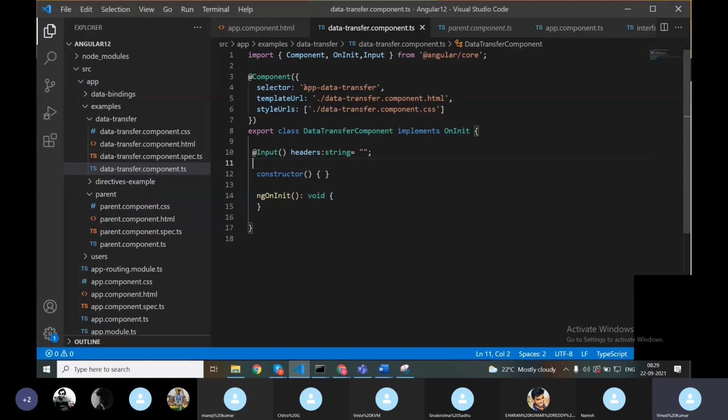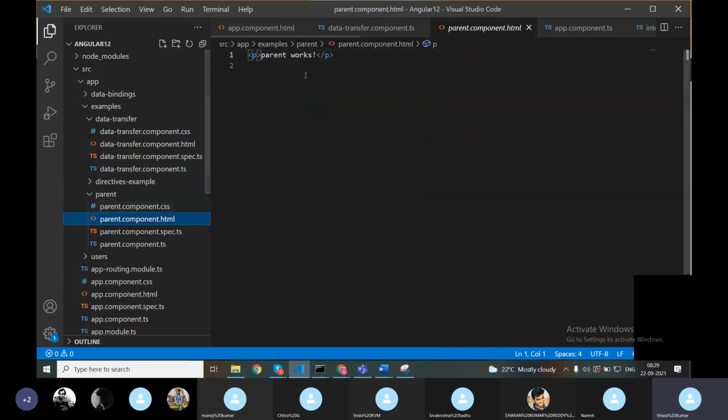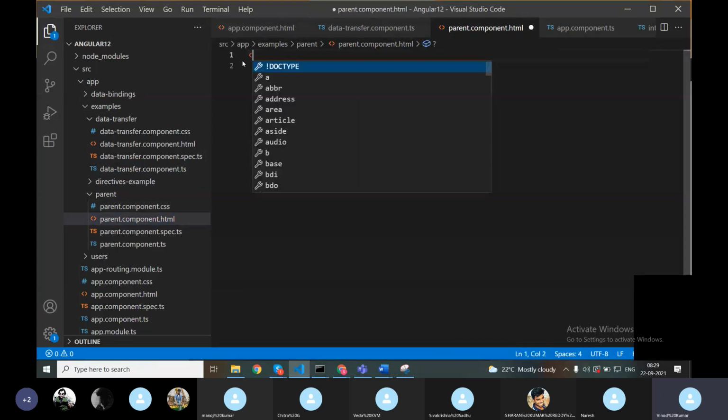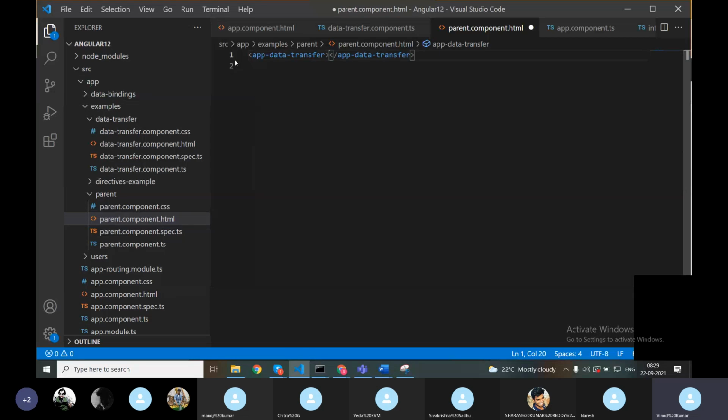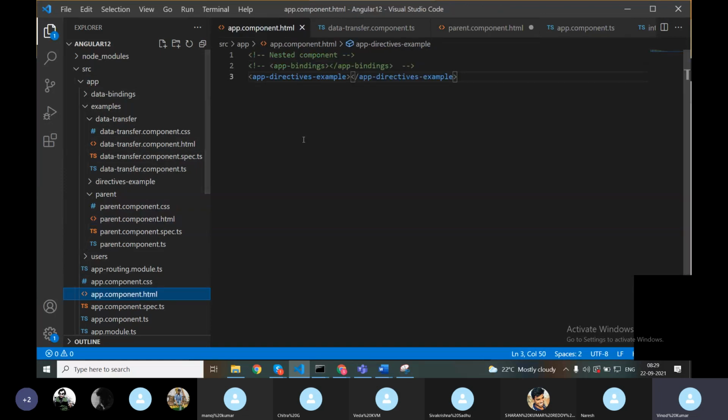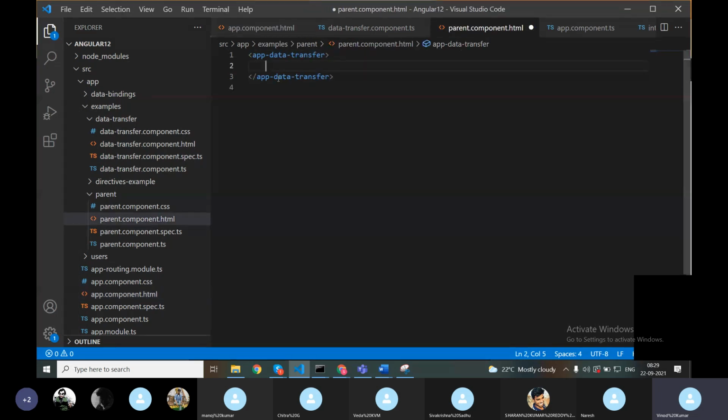So now what we should use is a nested component syntax. In this component, we need to use the child component selector. See, in the app.component.html, we have used an app directives example, these things. In the same way, here also in the parent component, we need to use